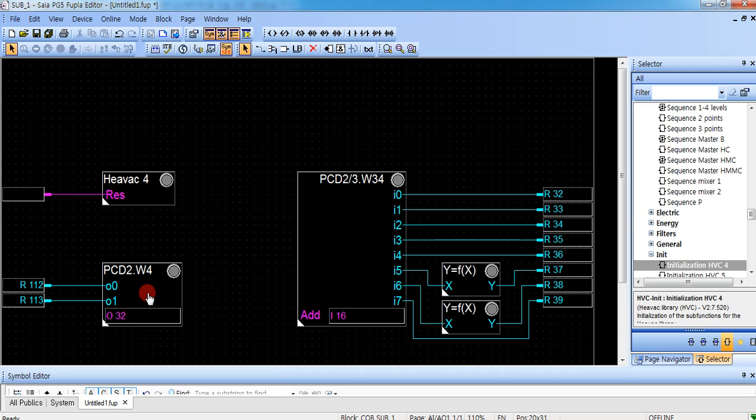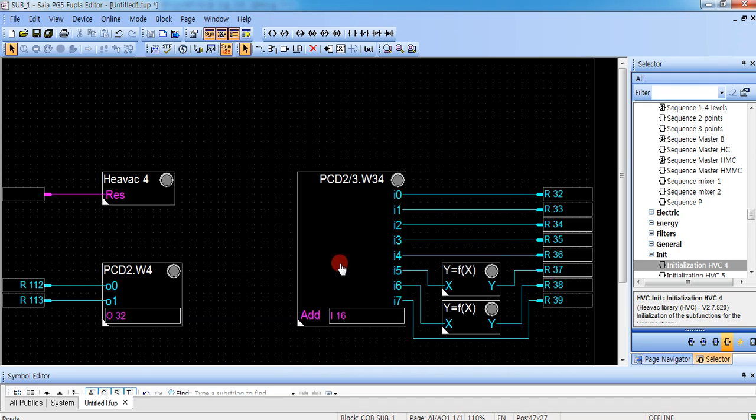This card is for the output, an analog output card, which has 4 channels. You can see it's only two channels here. Okay, the memories stored under the R112 are sent to the analog out card, this card, and then go out to the devices which you want to control. Okay,